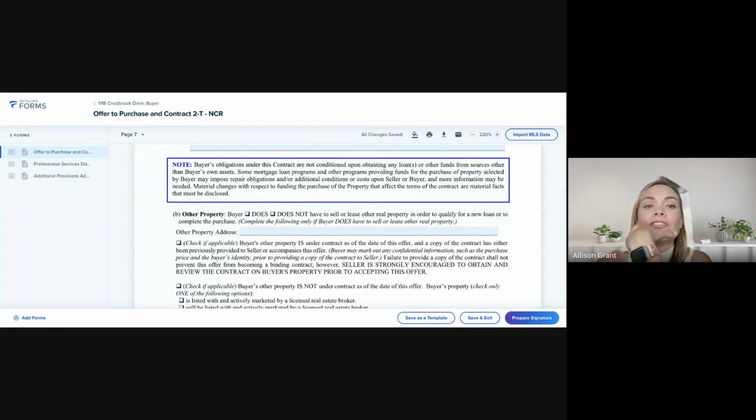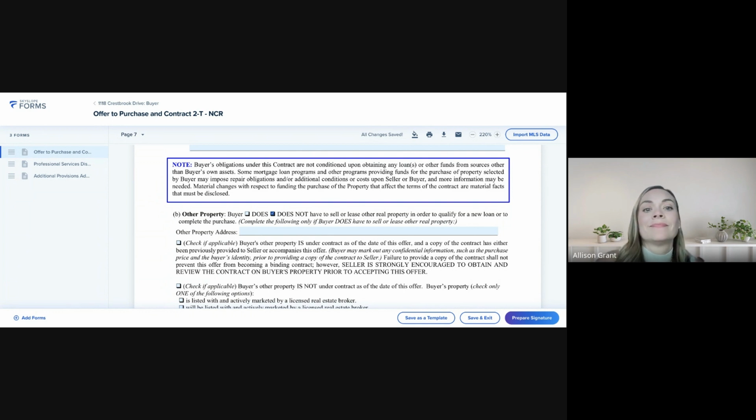Yeah, so contingencies or not. There are no contingencies with this contract, just so you guys know. That's right. There are no contingencies for anything in the default contract. So yes, now obviously, there's two different ways that you can do this here. You can just check that they do, if they have another property that they need to sell, you can check that they do need to sell it